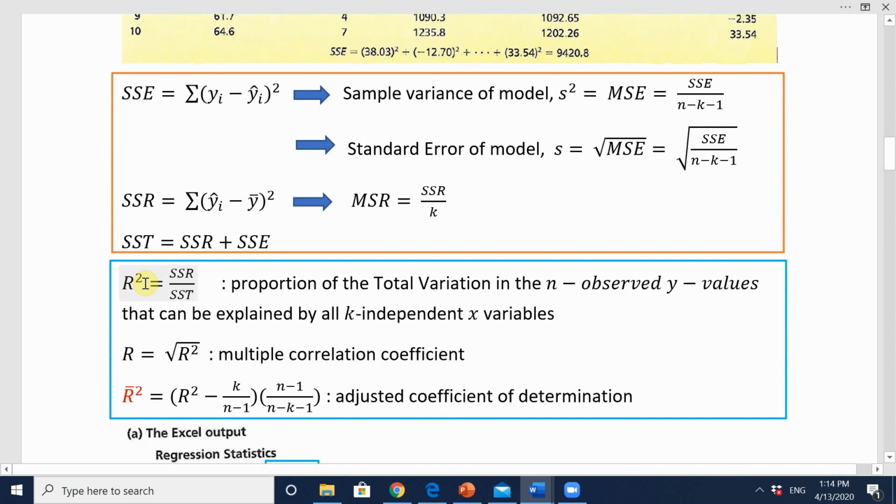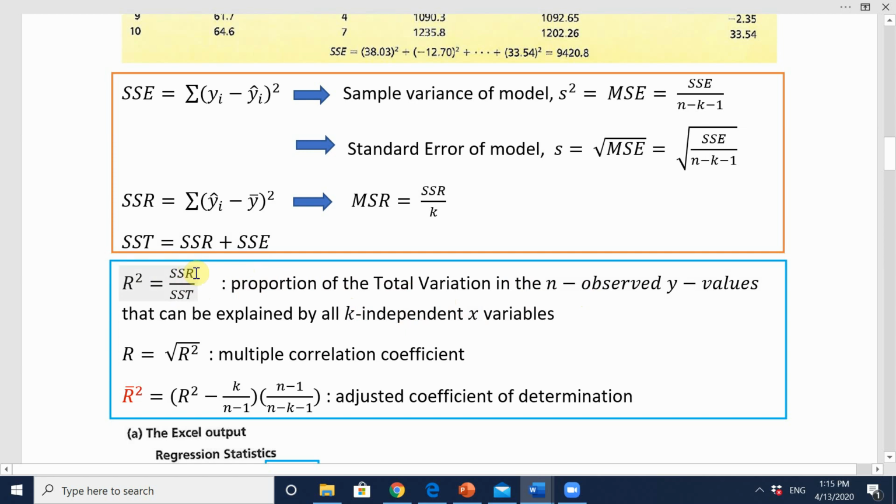So in simple regression, we looked at a lowercase r squared, which we said varied between 0 and 1, and that was called the coefficient of determination. Now in multiple regression, we call this an uppercase R squared, and you can call it the multiple coefficient of determination. It follows the same formula as for the simple coefficient of determination, and that is that it is the proportion of the total variation in the n observed y values that can be explained by all k independent x variables,